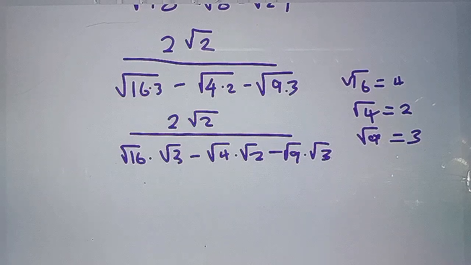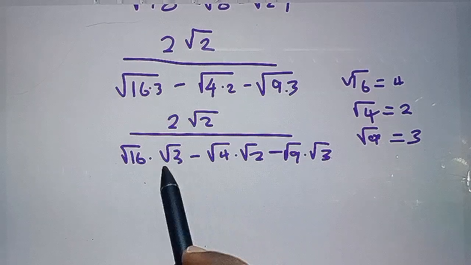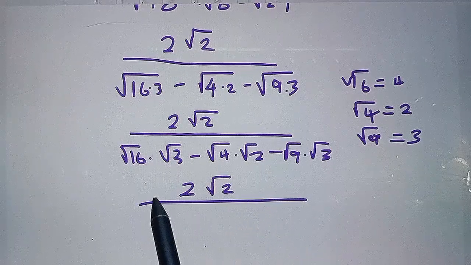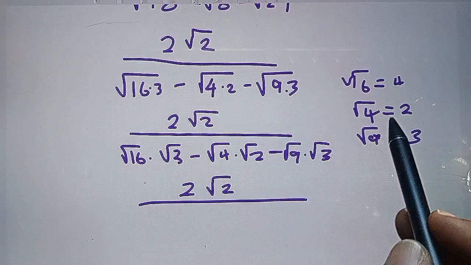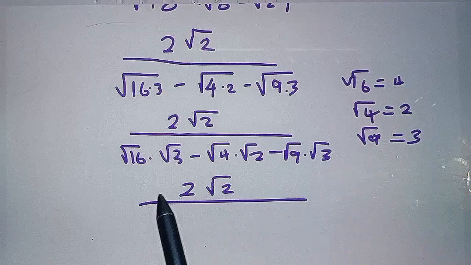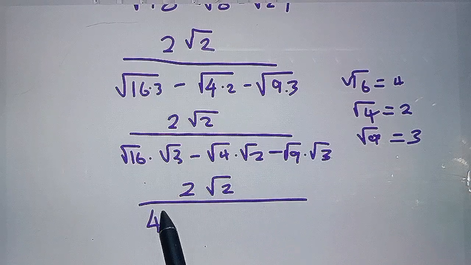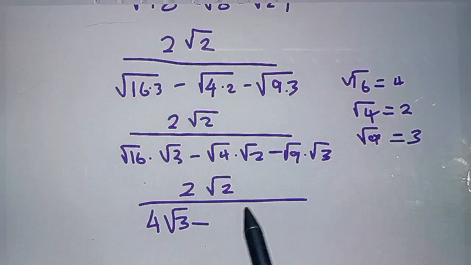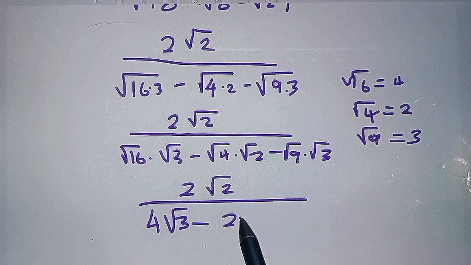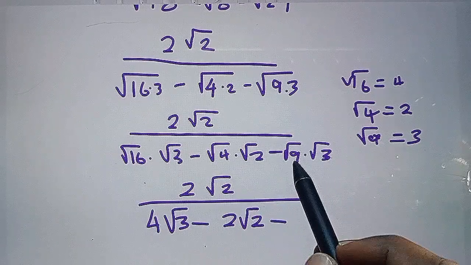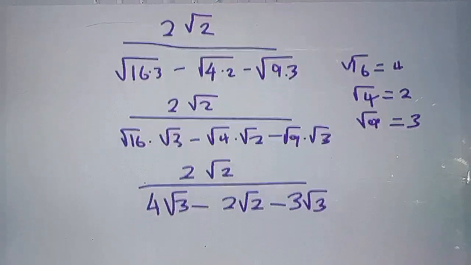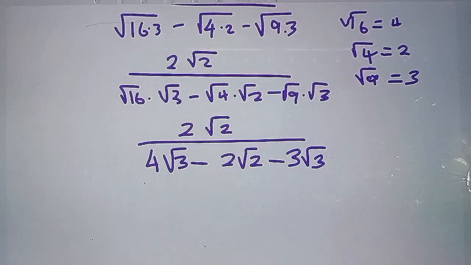So from there, I'm going to have 2 root 2 all over. The square root of 16 is what? Is 4. So we have 4 root 3 minus square root of 4 is 2. Okay, so we have 2 root 2 minus the square root of 9 is 3. We have 3 root 3. Understood? So from there, the next thing we're going to do,